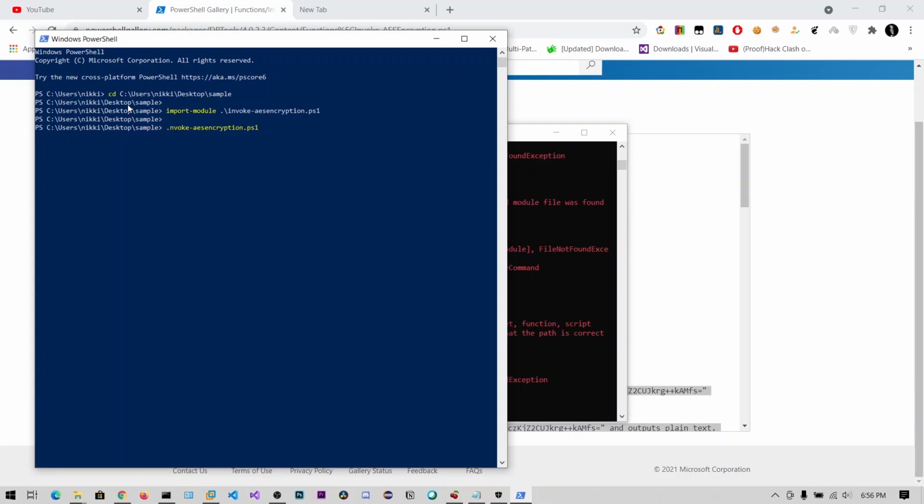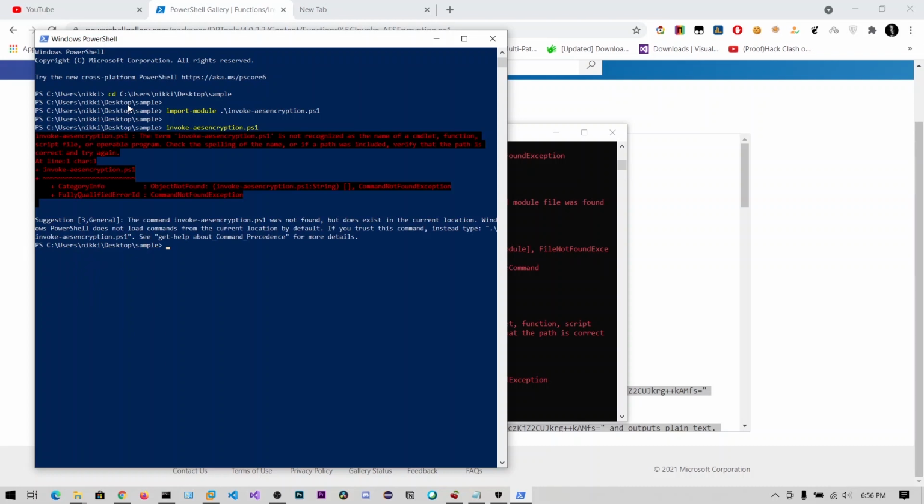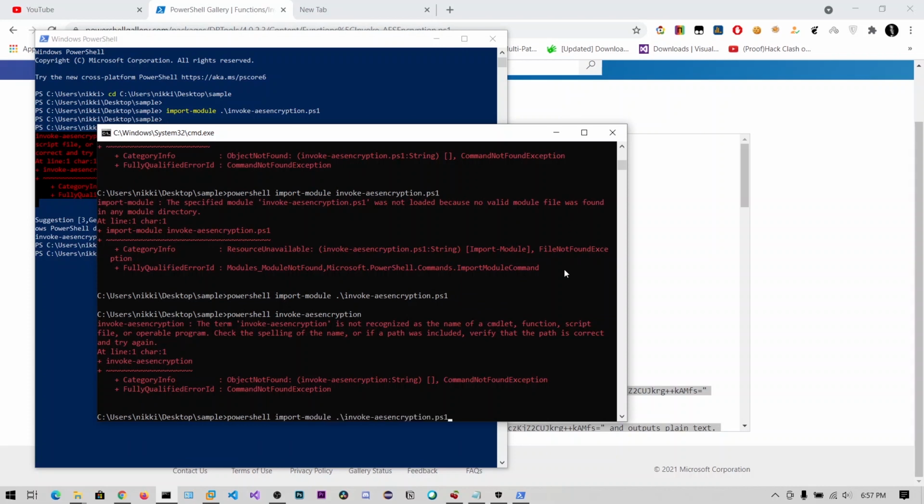Make sure you do not put this dot backslash. If you put that, it will be run from the file. I'm sorry, you need not specify the file name.